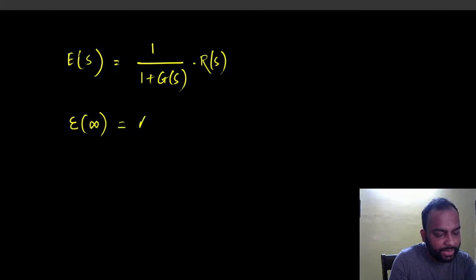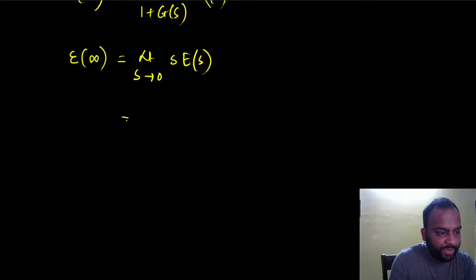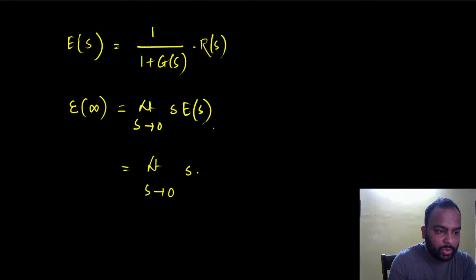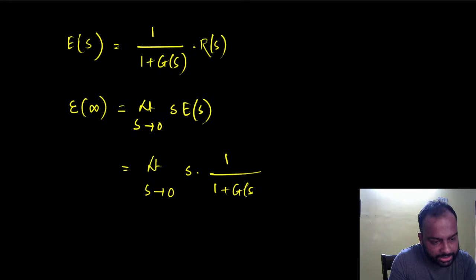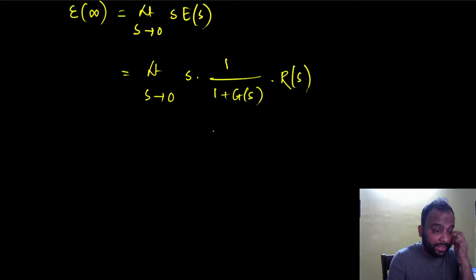So e infinity would be limit s tends to 0 of s times E(s). And if I put this here, limit s tends to 0 of s times E(s), so E(s) is this 1 by 1 plus G(s). Now instead of looking at special cases, if I look at this,